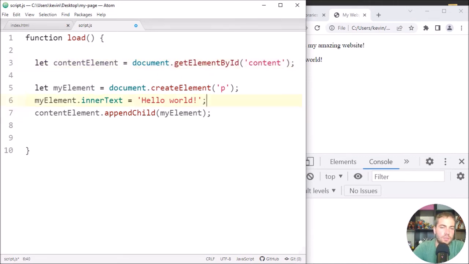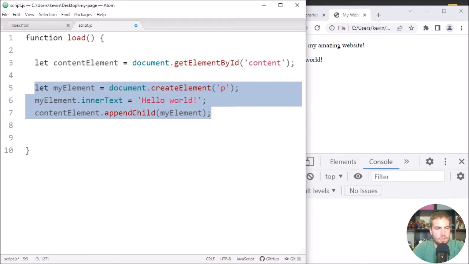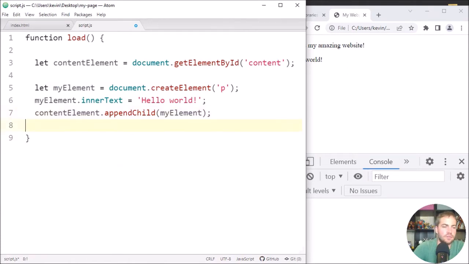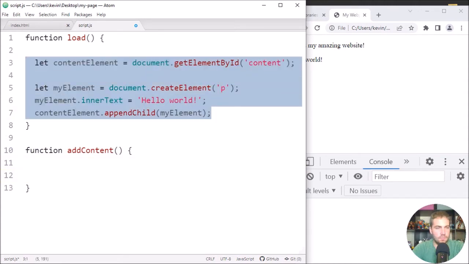What I could do is copy these 3 lines of code and change them and stuff. Or maybe what I'll actually do is refactor it into a function. That sounds better. So maybe I'll say function add content, and then it's going to take some parameters. I haven't quite figured out what those are yet. And what it's going to do is this